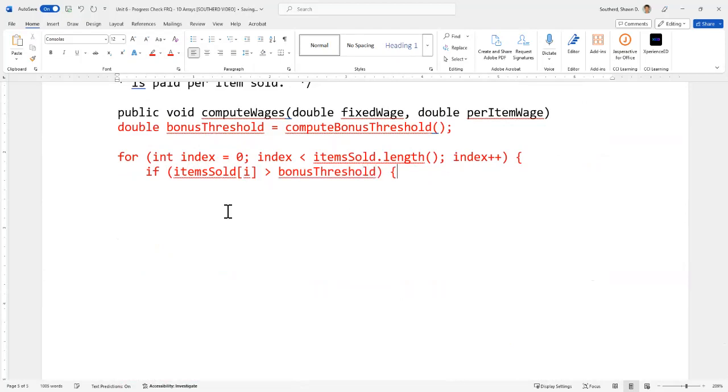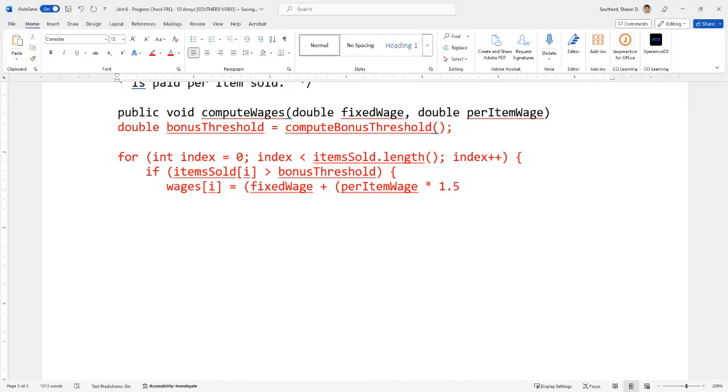right, in that variable? If it is, we have a very specific way to calculate this, which is we're going to take that new array they want us to use for wages. They already told us that's been declared. It's the same length, so we're going to use that. And we're going to use the value of fixed wage, which is right here. We know that value to be 10, by the way. We're going to add it to this per item wage